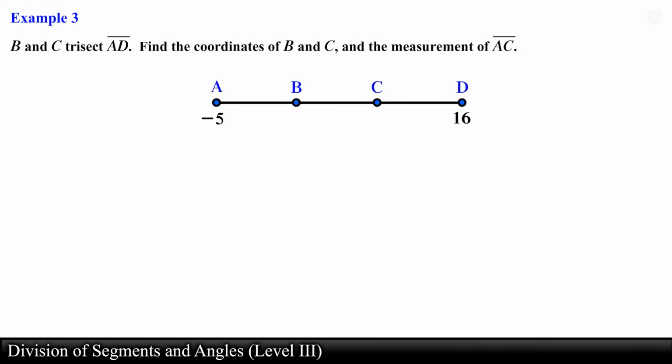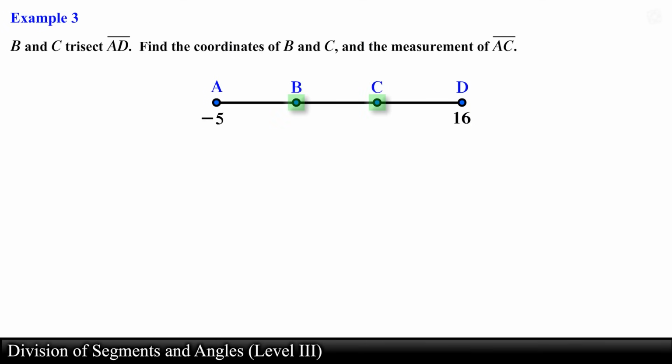Point B and point C trisect segment AD. Find the coordinates of point B and point C, and the measurement of segment AC. In this problem, we are provided with a diagram of a line segment with 4 points. We are given that point B and point C trisect segment AD,